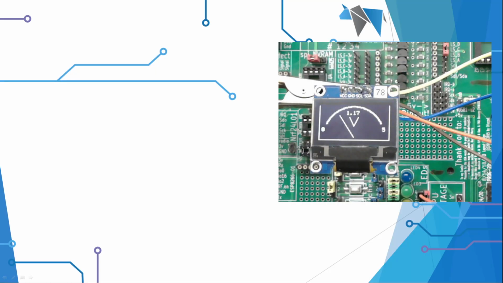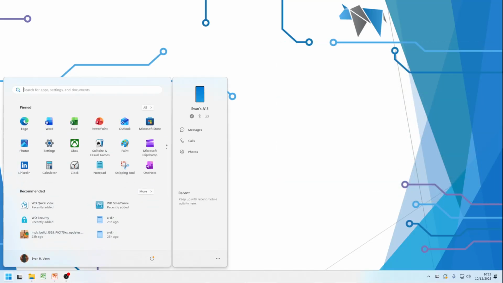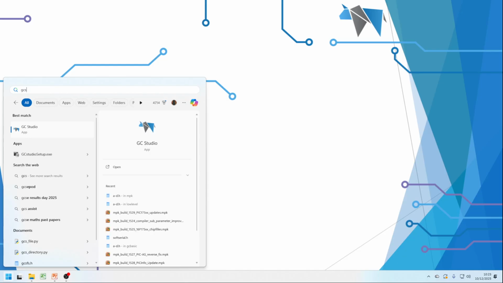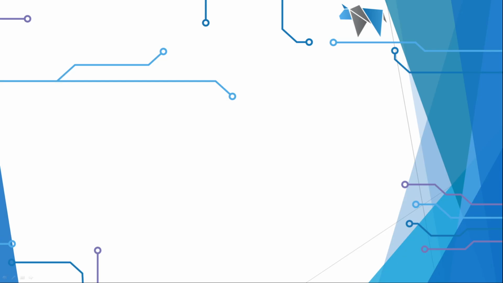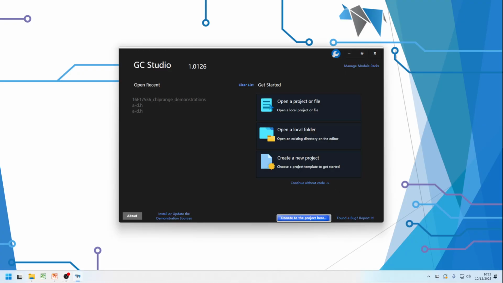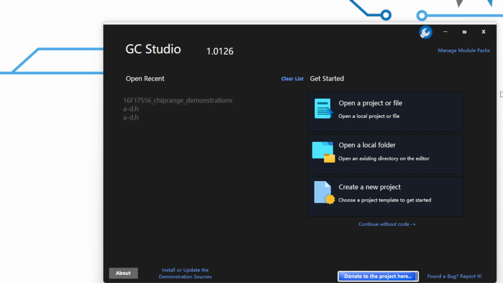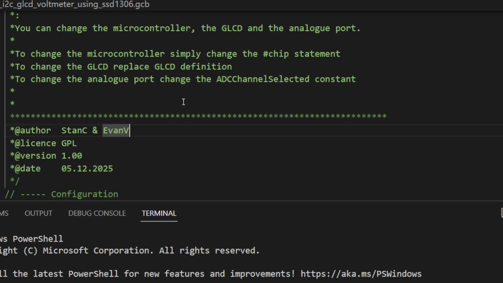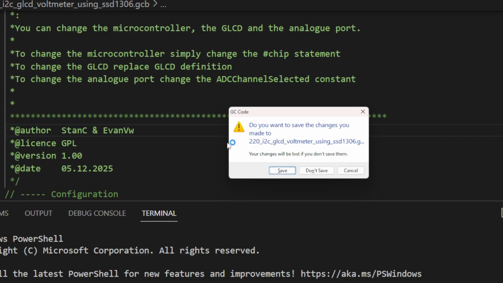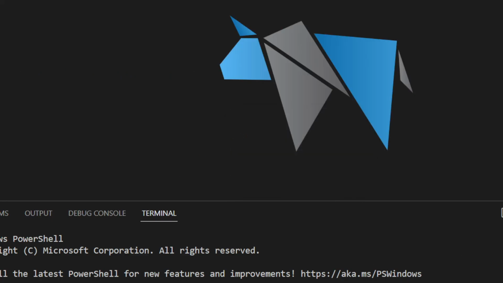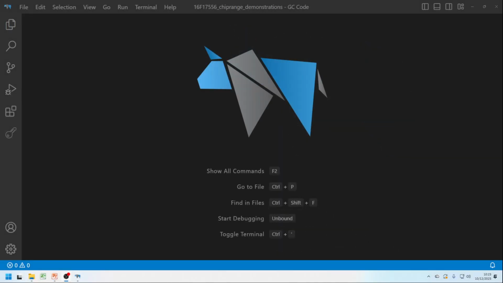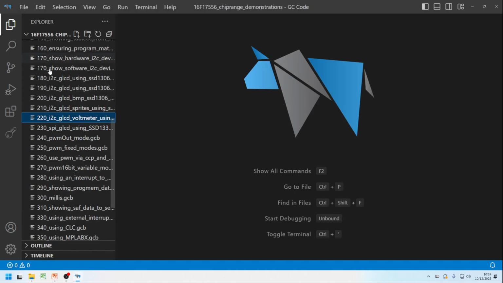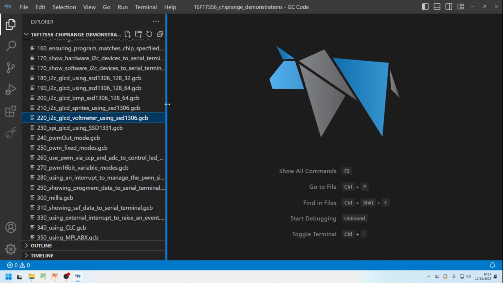Okay, let's go straight into my desktop. I'm going to press the Windows key and bring up GC Studio, GCS. That will take me into the GC Studio entrance. We've seen this before, and I'm going to take my chip range demonstrations. Close that down, because that's what I had in there previously. Won't save that file. And into my desktop. This is the IDE. I am going to open up the Explorer, and there's a whole series of demonstrations. I'm going to take you straight into